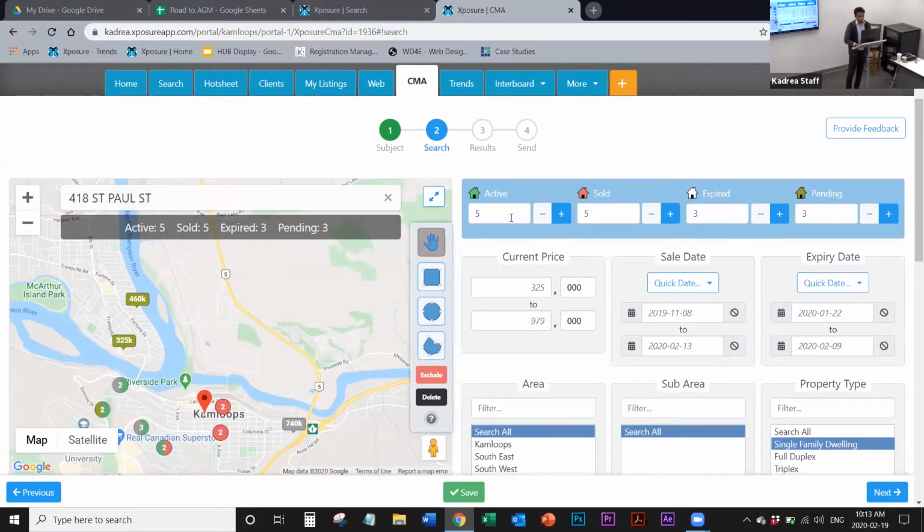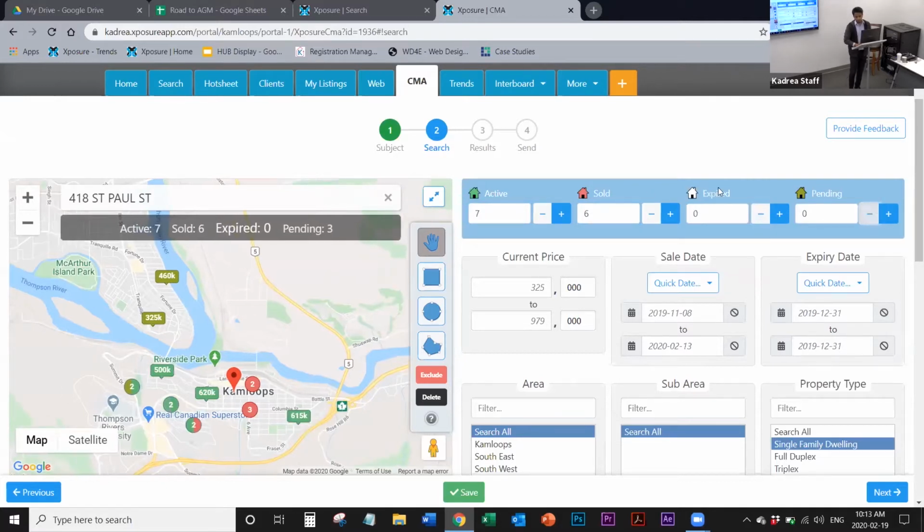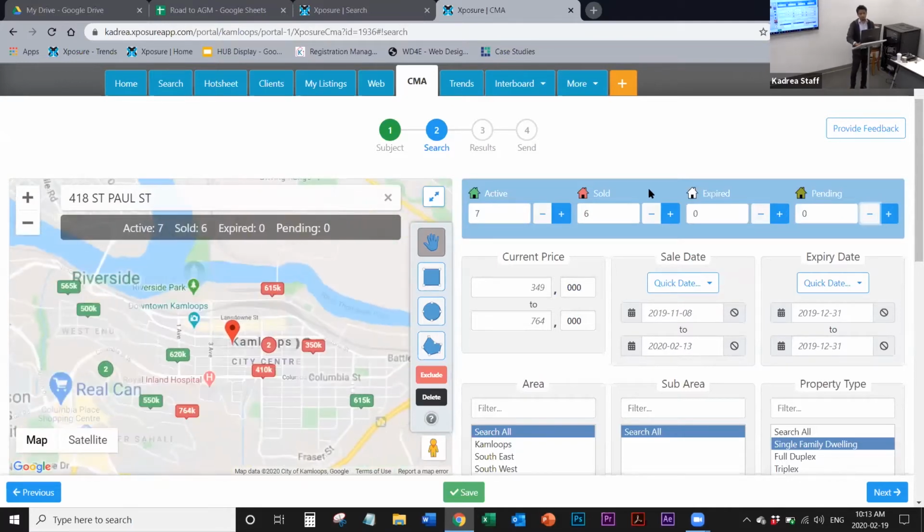So say, for example, I wanted 7 active listings to show as my comparables. I just hit 7 over there, and it will show me 7 comparables. Say if I wanted 6 sold, I'll have that. I don't want any expired listings or any pending listings. So right now, the CMA that we are going to generate is going to give us 7 actives and 6